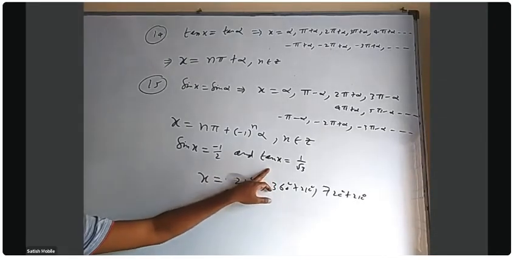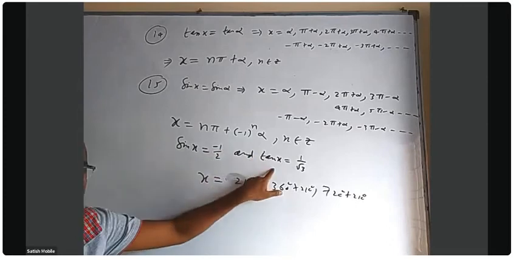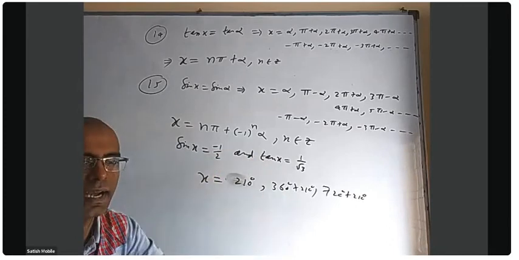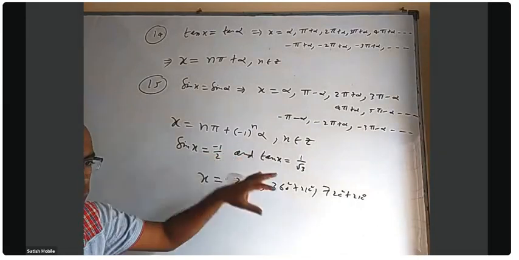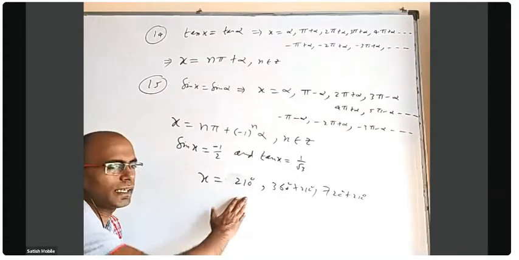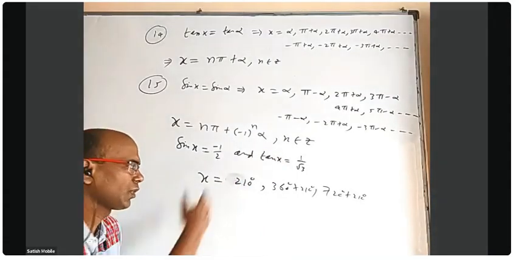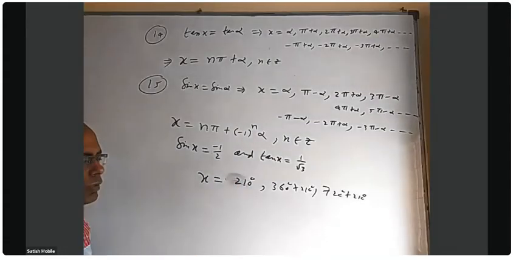So the main point that you have to learn here is, whenever they give two equations together like this, if you know one angle satisfying them, the next angle will be again add 360, add 720 only, because there is only one quadrant which can cater to both signs here. That may be first or second or third. But once you get second, it will be the next second quadrant only. Once you get third quadrant, again it is the next third quadrant only.